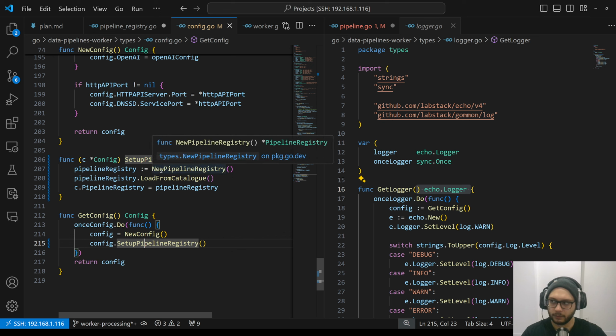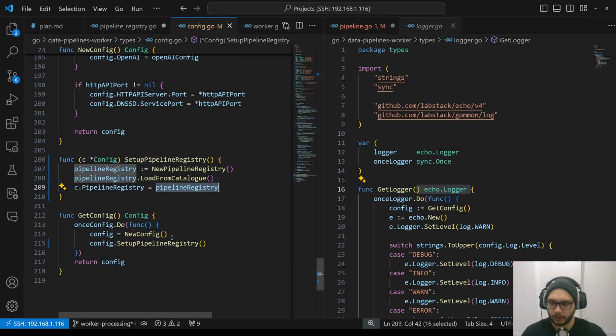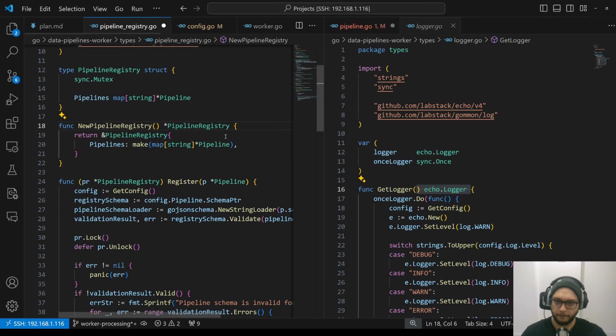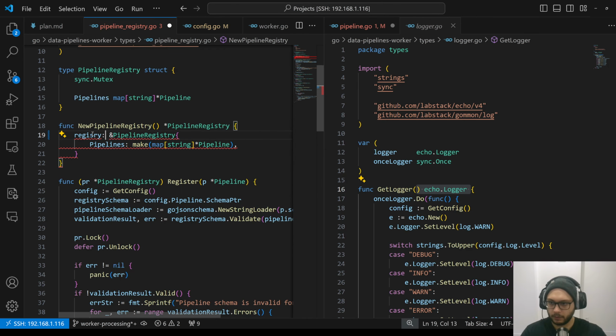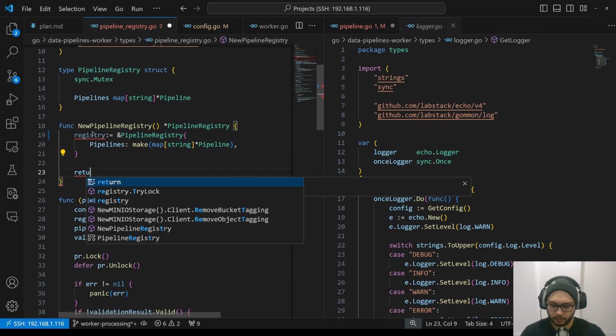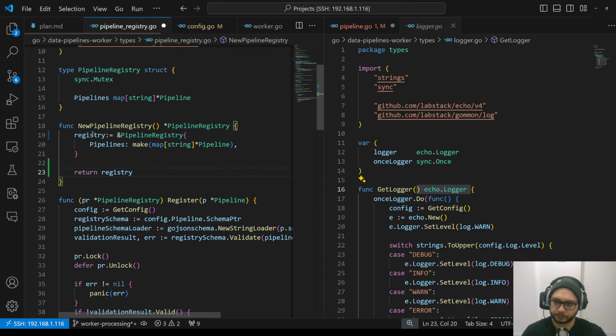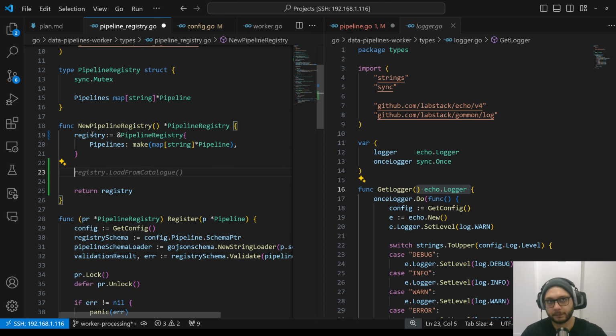That is correct. Now I need to figure out setup new pipeline registry here. Let's say registry. And now I need to